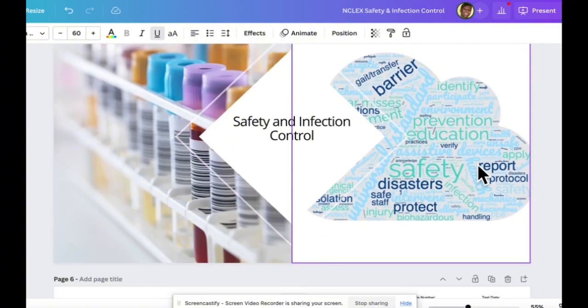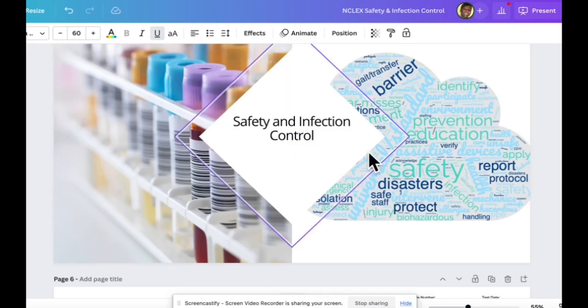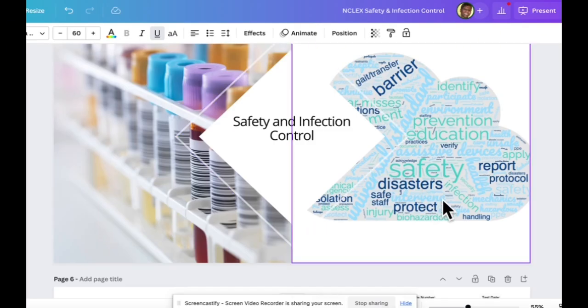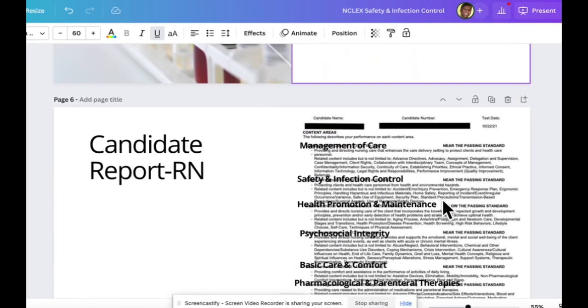So you'll see that, but I entered them based on the frequency of the words that are presented, and see what stands out here as the largest word. The larger the word, the bigger the word, the more readable the word, right? The more it appears on the NCLEX test plan. So safety is a big word here. Universal standard precautions, barrier methods, disasters, right? So that's just to kind of put you in the mindset for what we're getting ready to study or approach